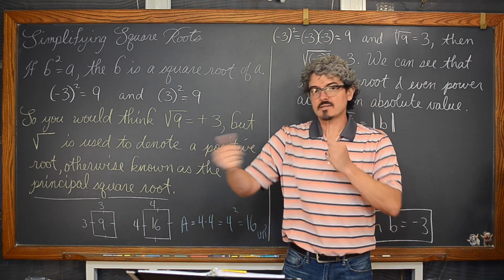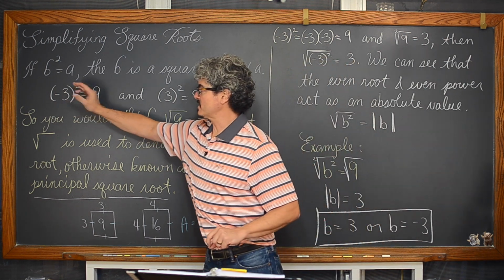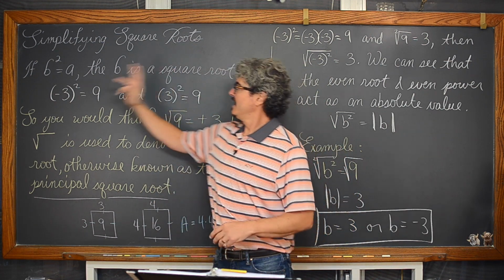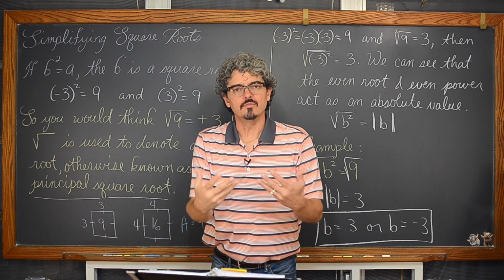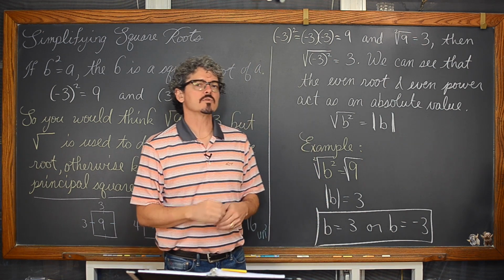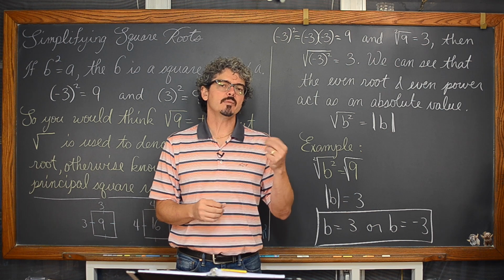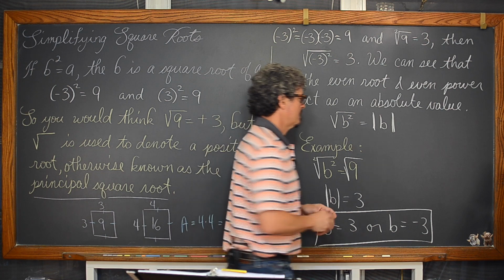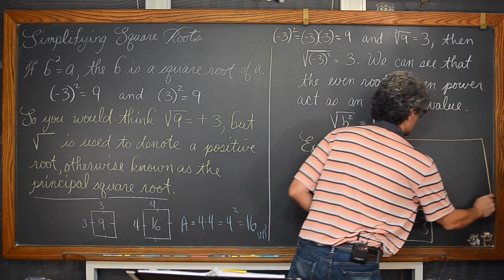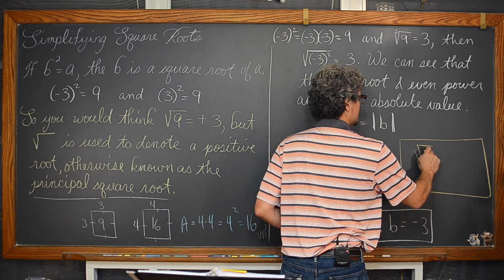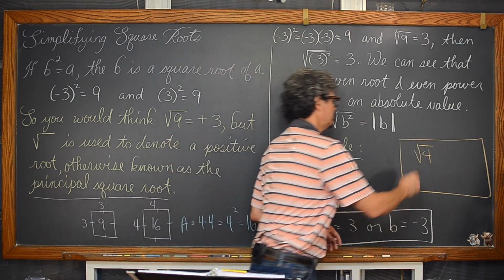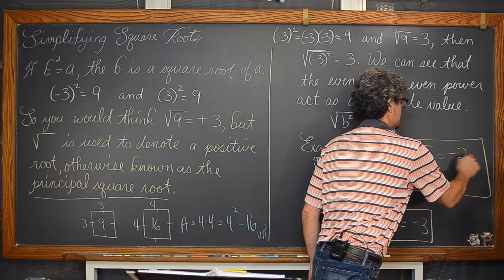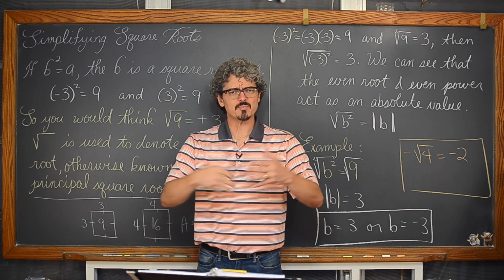And that kind of takes us right back to the beginning with our numerical example, where we have a negative 3 squared being 9 and a positive 3 squared being 9. Really both positive and negative 3 are square roots of 9, but that radical, one more time, in our textbooks is going to be asking for that principal root. The only time that you're going to be giving a negative answer when a textbook gives you that square root symbol is, well, if there's a negative already out front. The negative square root of 4 is equal to negative 2. So let's get on to our examples right now.